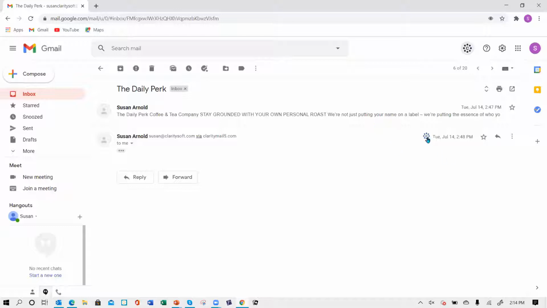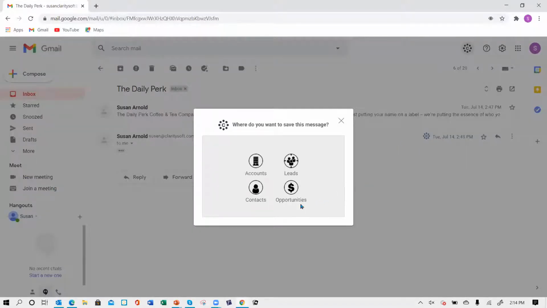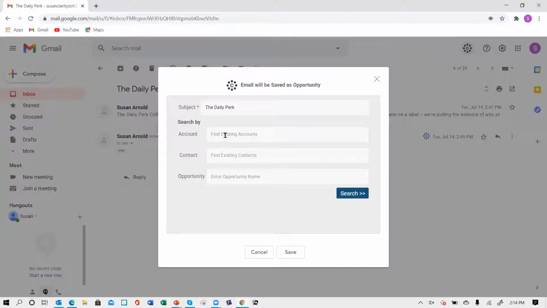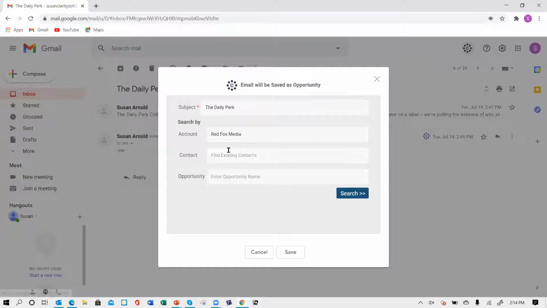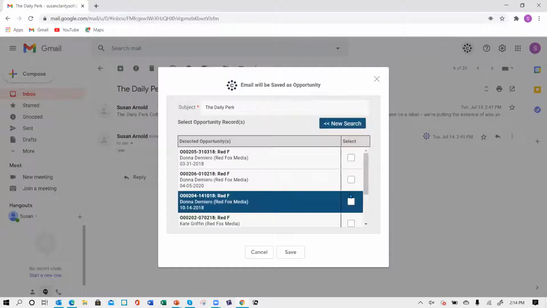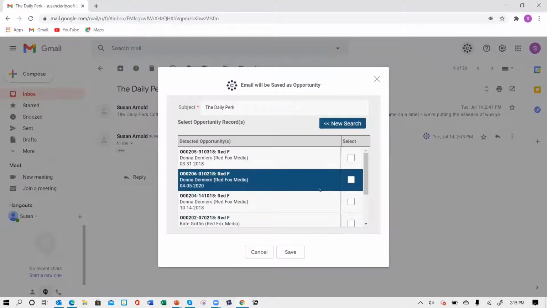Or if I've received it. So I can click here, and then I can say, I want to save it to, let's do an opportunity this time. So here, when you're going for an opportunity, you can choose to type in the account name, the contact name, or the opportunity name. You do not need to put in all three. So I know the account name I'm looking for is Red Fox Media. So I choose that. And then I click search because it's going to search for the opportunities for Red Fox